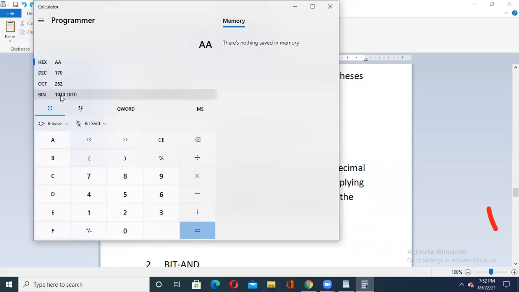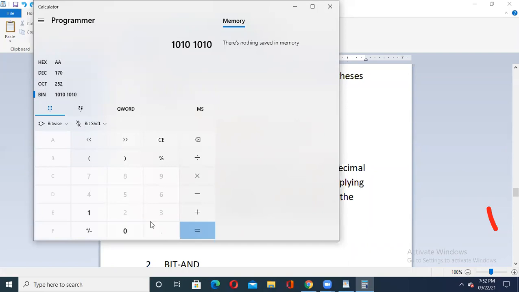When I'm saying bit not AA, then all these values of my binary number get changed. Let me put the binary. When it is binary, I cannot type anything other than 0 and 1 in my calculator.